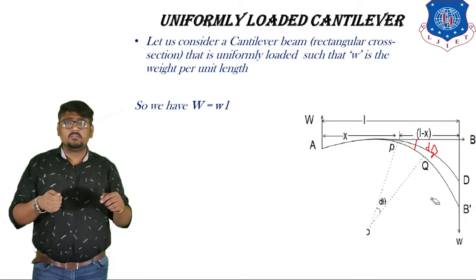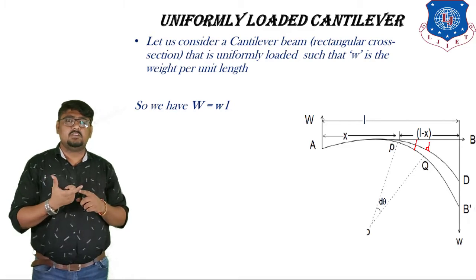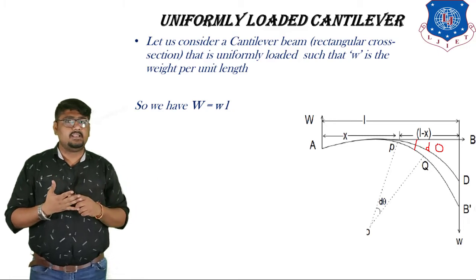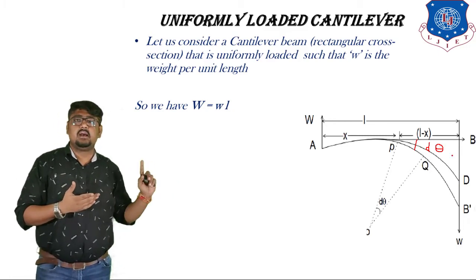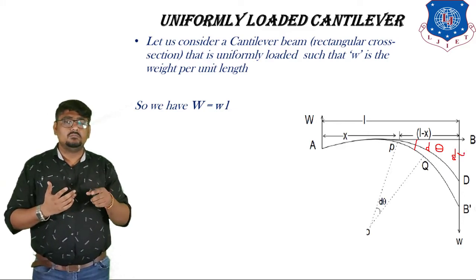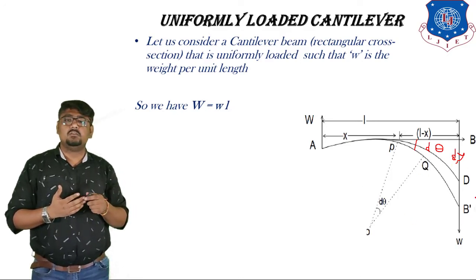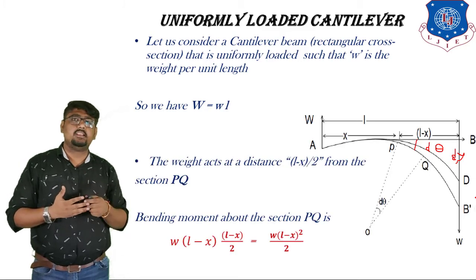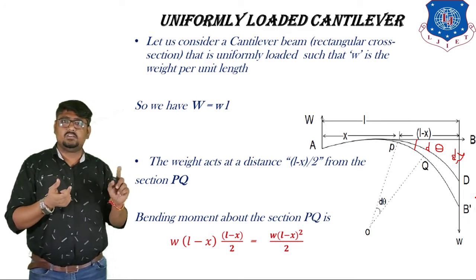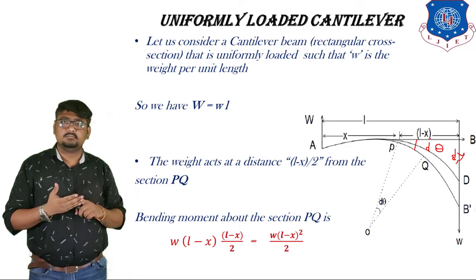Now, because of the load, it gets deflected. After any length x, if we assume the deflection occurs, the remaining length becomes L minus x. Let us think of an arc PQ on which the deflection is occurring. The weight acts at a distance of (L minus x) by 2 from the section PQ. Why have we taken (L minus x) by 2? Because on this section, the total load will be w into (L minus x), and we